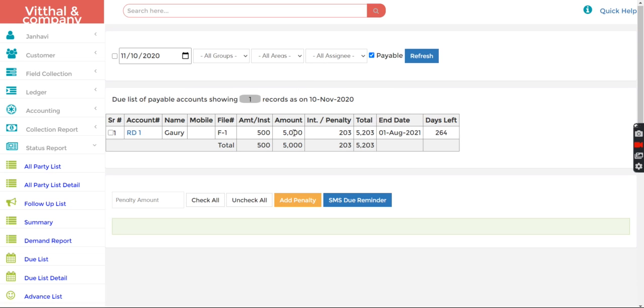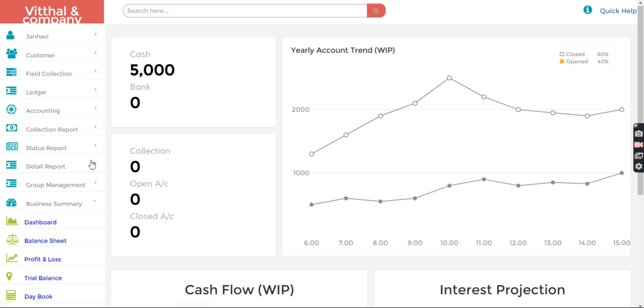Here you can see that 5000 is the payable amount, and this is the interest part, 203. So the total amount payable is 5203. If I go to the business summary dashboard, you can see 5000 is credited to the finance account. So 5000 cash we have received.